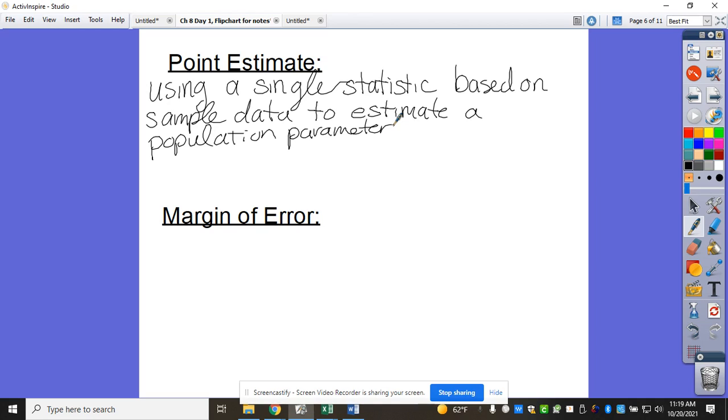So in our example, we were trying to estimate what parameter? Symbol. Mu. What did we use as our point estimate? X bar. For our class's case,